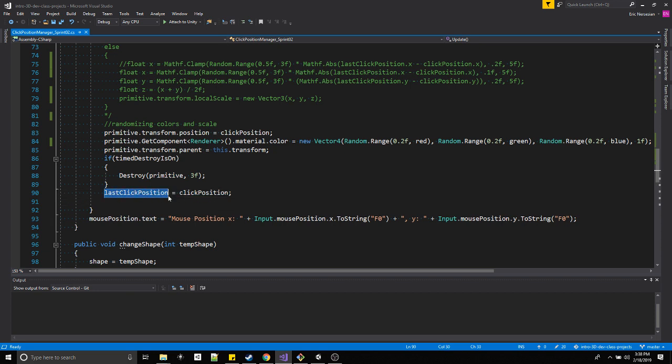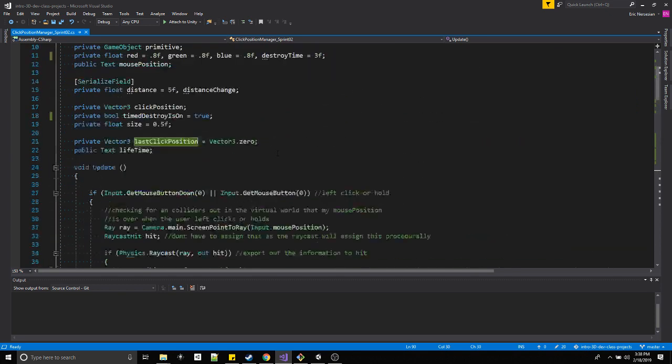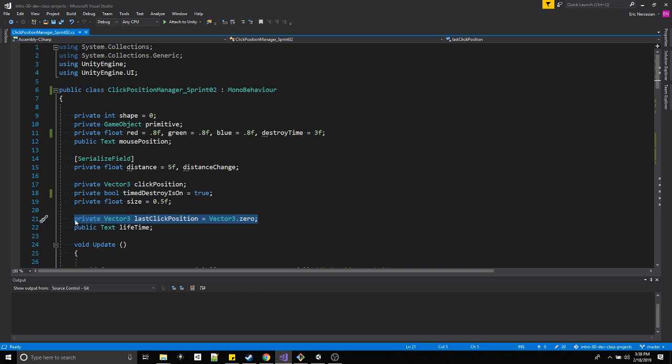All right, so how do we figure out where the last time we drew something was, so that we don't have these big gaps in our paint stroke if the user moves the mouse really fast? First off, we have to somehow remember the last place that we clicked. So I'm going to create this private Vector3. I call it last click position, and I just set it equal to a zero Vector3, which is 0, 0, 0. The reason I do this: first off, it's unlikely that the user input would ever feed a 0, 0, 0 in. The user would have to have the mouse at x equals 0 and y equals 0,